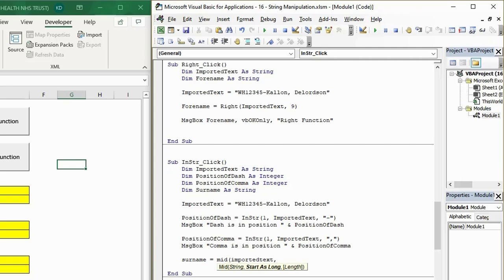But this time, instead of hard coding my start position, I want to start from the position of the dash. And instead of hard coding the length, I calculate the position of the comma minus position of dash,